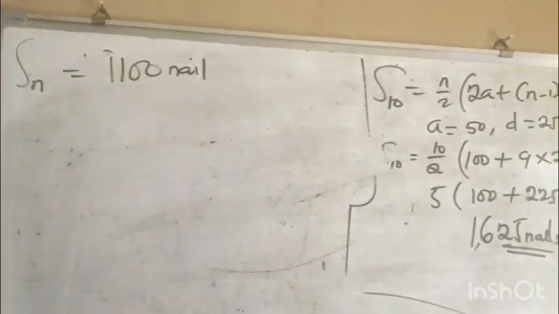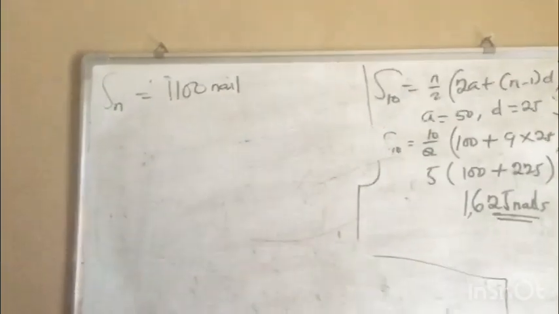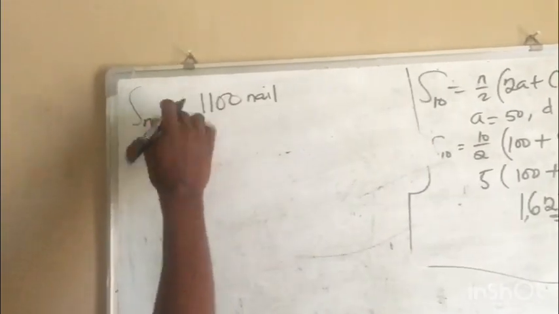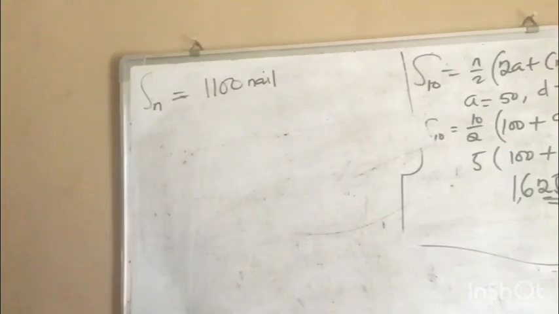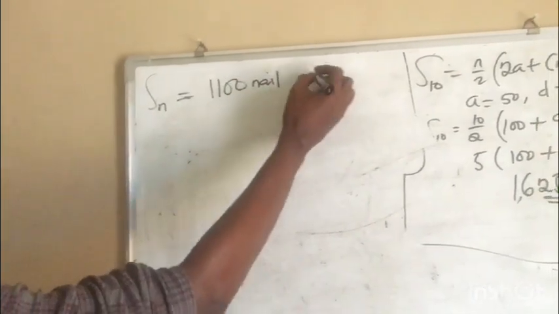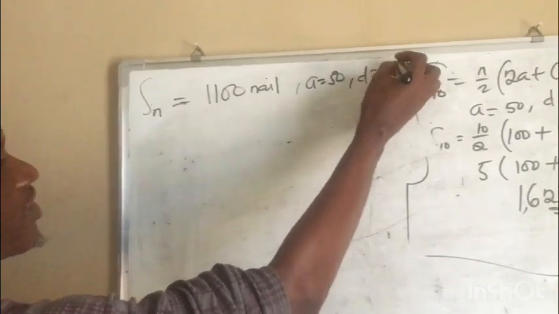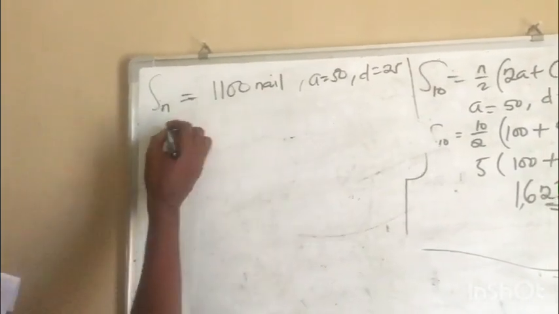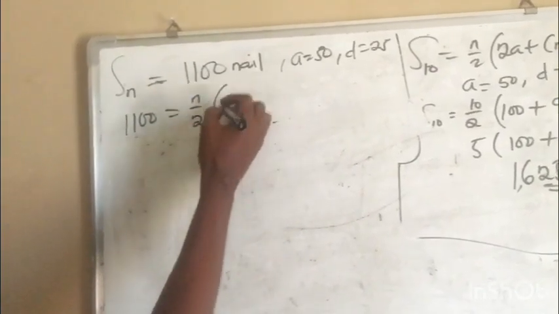But we don't know the number of N. That means the number of packets we make them to have this. If we start buying from packet A, now since we know the Sn is equal to this, it's easy to get. Don't forget our A is still 50 and our D equals 25. So we are saying Sn, which is 1100, equals N over 2